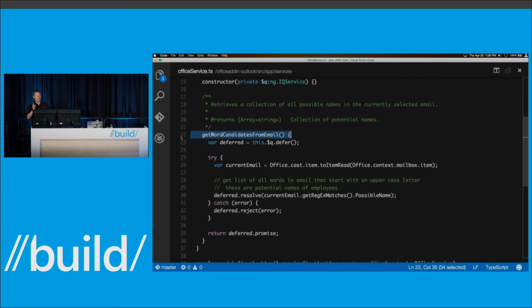It's then going to say currentEmail.getRegExMatches.possibleName. So what is that doing? That's going to give me back an array of all the possible capitalized word candidates that could be last names. How is it doing that? Well,